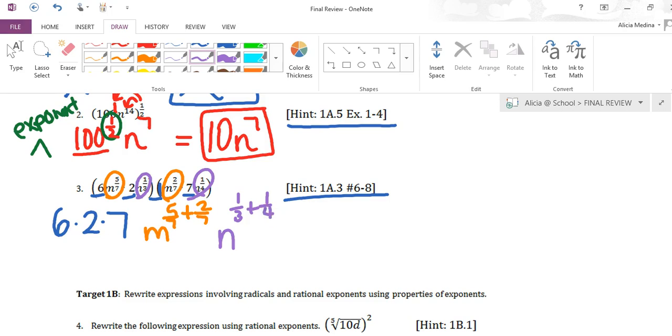Alright, now we can go ahead and multiply all of our answers out together. So 6 times 2 times 7. Don't forget to add the exponents on m and add the exponents on the n as well. So 6 times 2 times 7 is going to give us 84. Let's make sure I'm in the right color here. So 84. My m, I have, again, I'm adding fractions, so like denominators. 5 plus 2 is 7. My n,